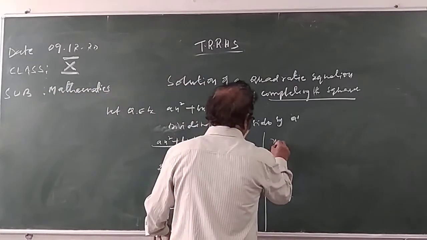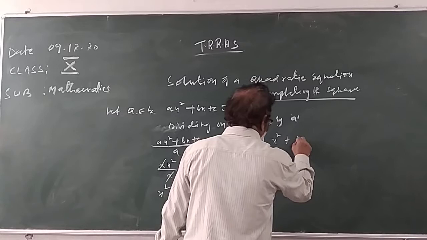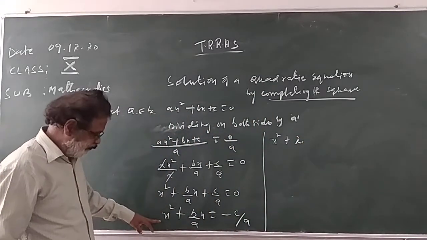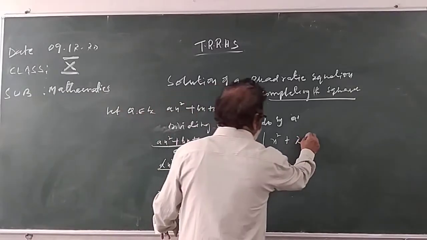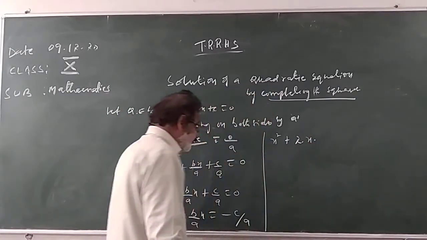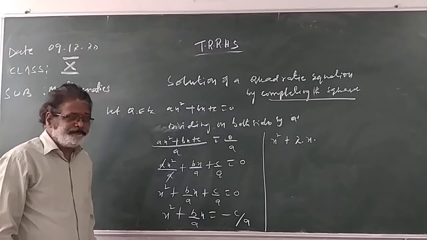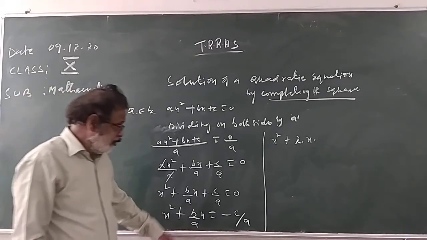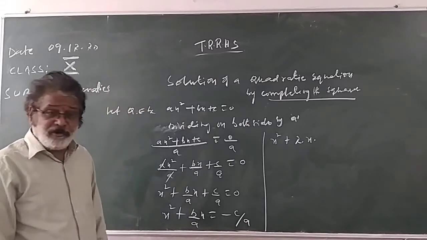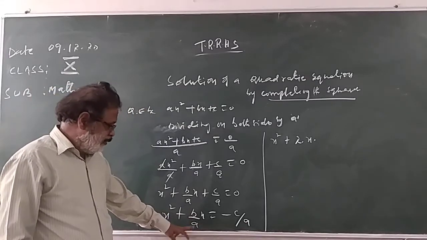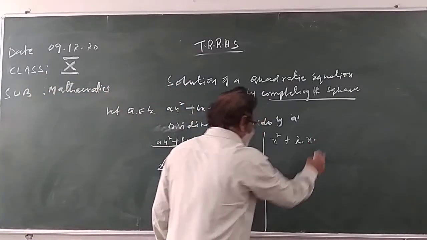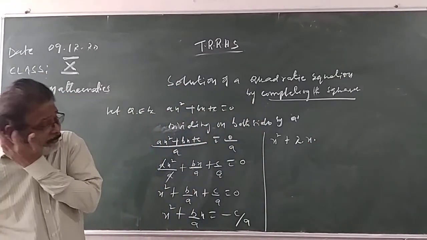So x square plus 2 into a how much? x square is the a square. a is what? x here. 2ab. So how do you get b? To get the b value, how do you get the b value? This is b by a, 2ab. How do you get the b value? To get the b value, what is the a value?